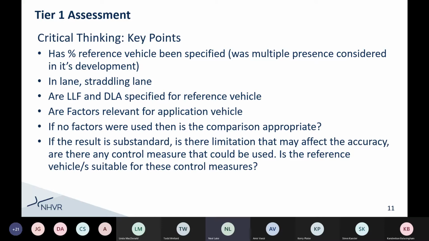But if your reference vehicle has come from previous tier 2 or tier 3 assessments, then that reference vehicle should ideally have a percentage of reference vehicle, right? So if they've done a tier 2 and all they've done is said XY vehicle is okay, and they haven't actually specified that percentage of it that's okay. In other words, the rating factor for that vehicle, which is something I covered in previous webinars, then potentially, you